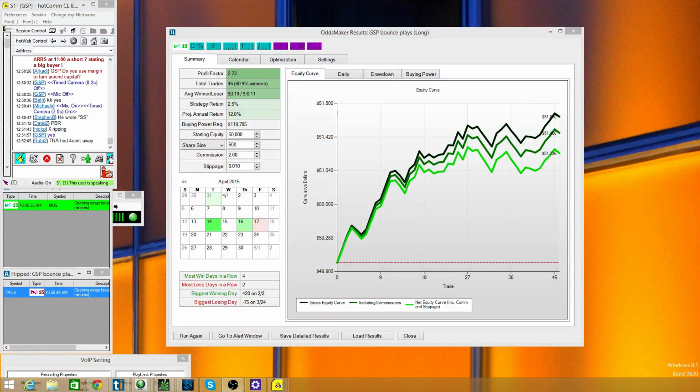Like what GSP was talking about, he said he doesn't like these bounce plays to trigger too early in the morning, or anything like that. And again, the beauty of this system for anyone that's interested is that I went through this morning. I don't know why, last night I saw a video on YouTube and they were talking about using higher time frame for lower time frame trading, and it was just fascinating for me.